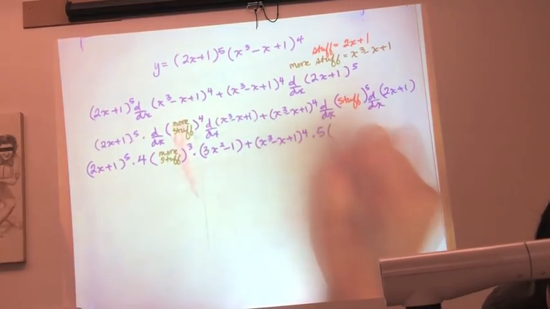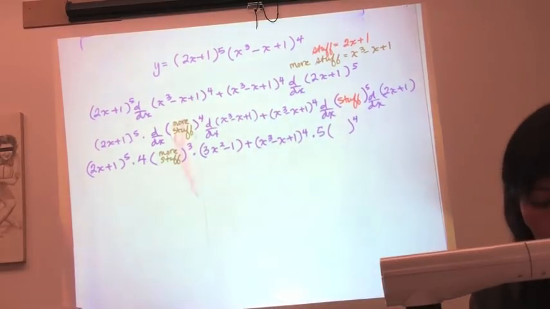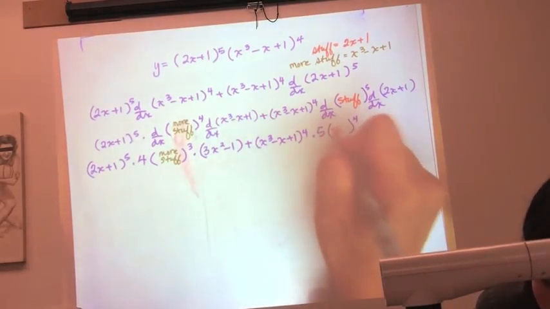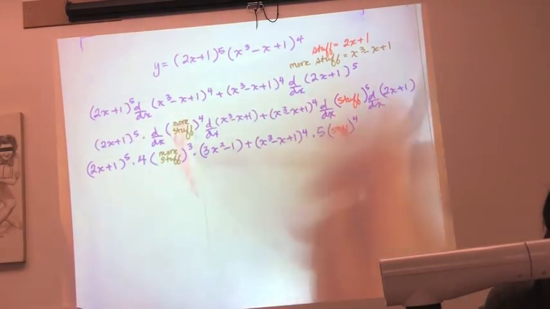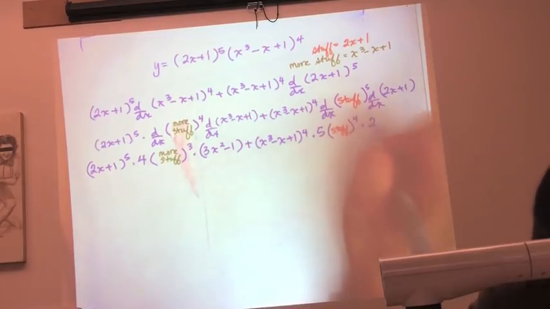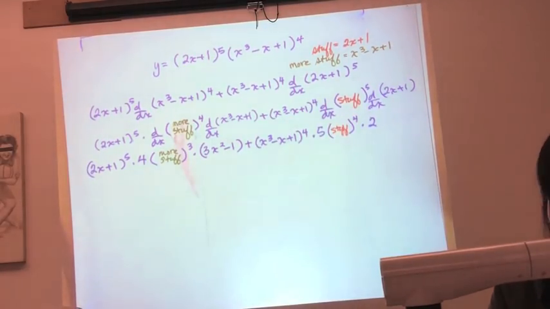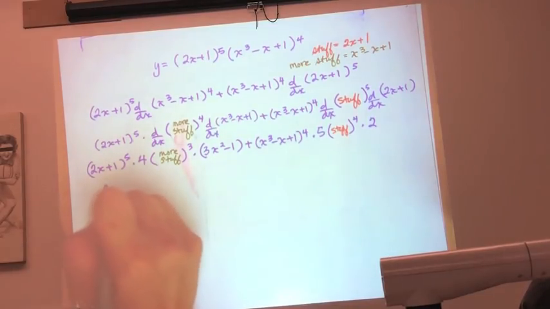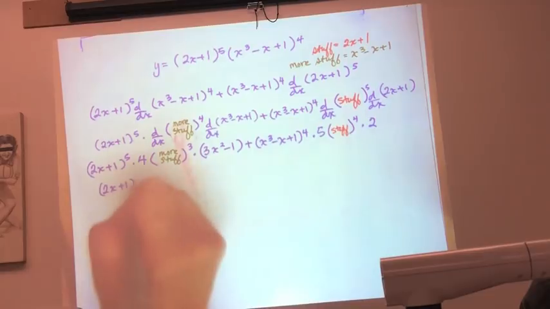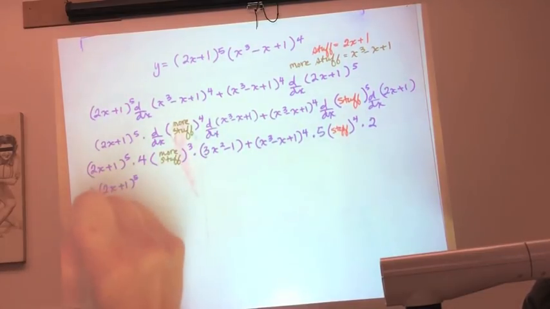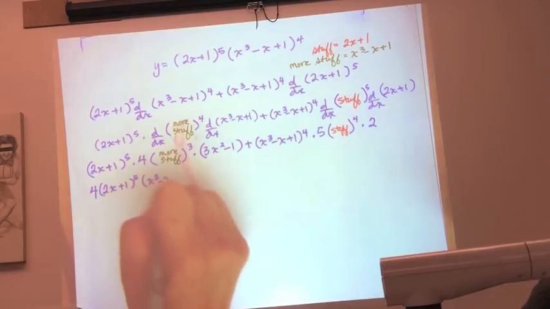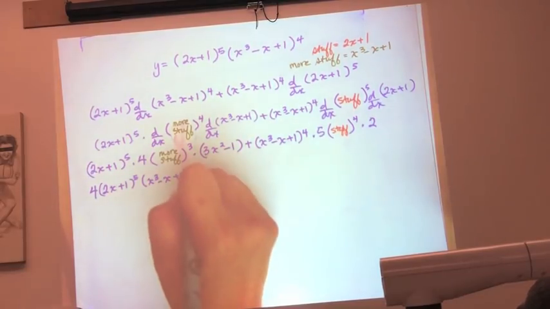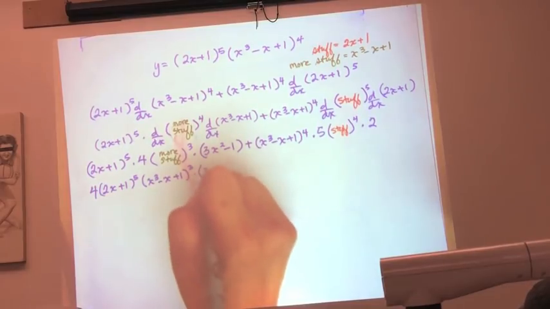And here I'm going to derive my outer. So that's 5, and then my exponent changes to a 4. This now stays the same as my stuff. And then I derive this portion right here, which is 2. That's it. So I'm going to throw my stuff back in, and then I'm going to simplify, okay? So I have (2x plus 1) to the 5th power. I'm going to put this 4 out front because it's a coefficient now. And my more stuff is (x cubed minus x plus 1) to the 3rd power,